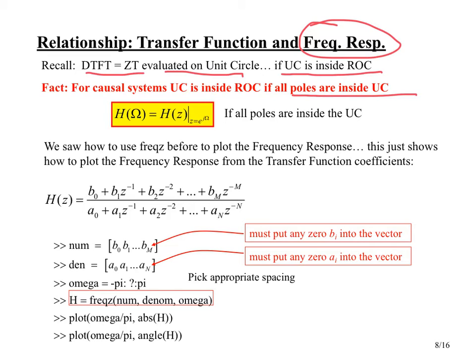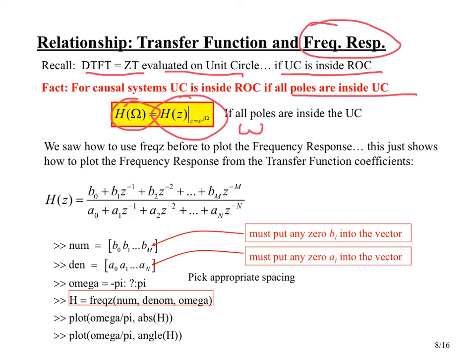So if all the poles are inside the unit circle, and you may remember that that was our condition for stability, we could also say if the system is stable, then we can get the frequency response from the transfer function just by replacing z with e to the j, and here I'm using capital omega. The textbook uses little omega. Yes, I admit I borrowed notes from my signals and systems class and didn't completely edit them to change them. Well, all right. So anyway,